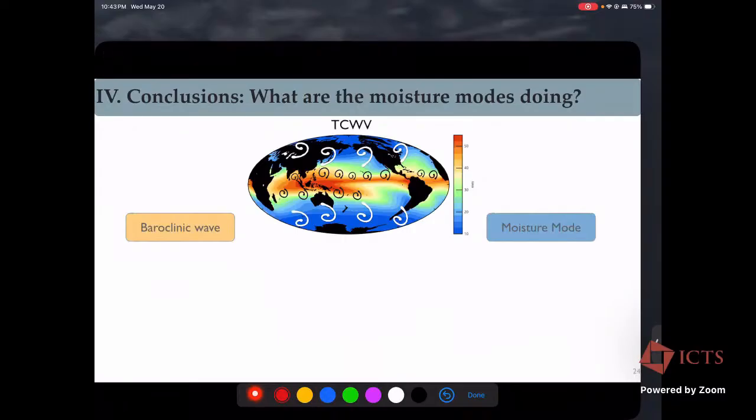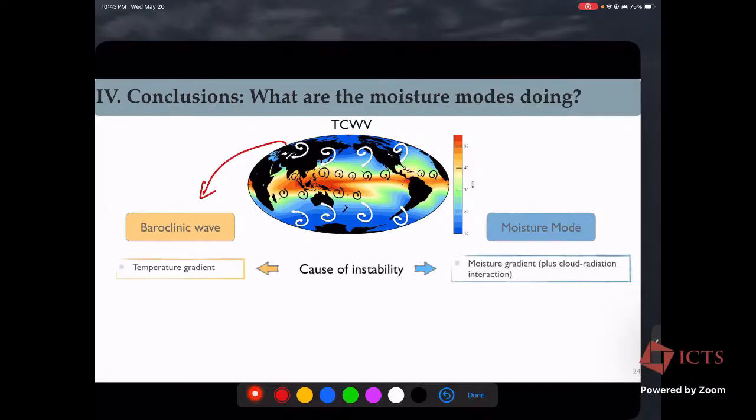Just to summarize and understand a little better what the moisture modes are doing, we can do an analysis analogous to what baroclinic waves do in the mid-latitudes. Baroclinic waves, or extratropical cyclones, exist because of the temperature gradient over the mid-latitudes. We know this exists in both hemispheres because of the temperature gradient. But the same happens with our moisture mode. Our moisture mode, as shown at the beginning, exists because you have a moisture gradient, which is causing the instability for